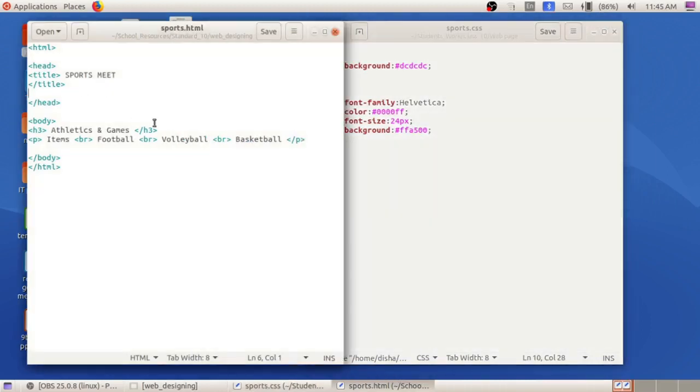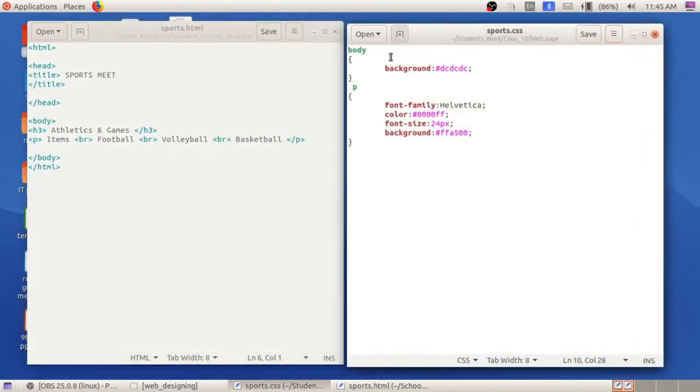Then next is what we have to apply this corresponding style over here using that one line of code. That is what is called external cascading style. So don't forget to give that, otherwise you won't get the answer. So type the corresponding code.